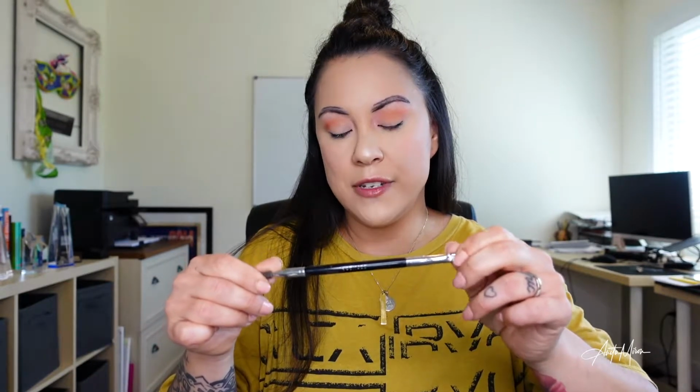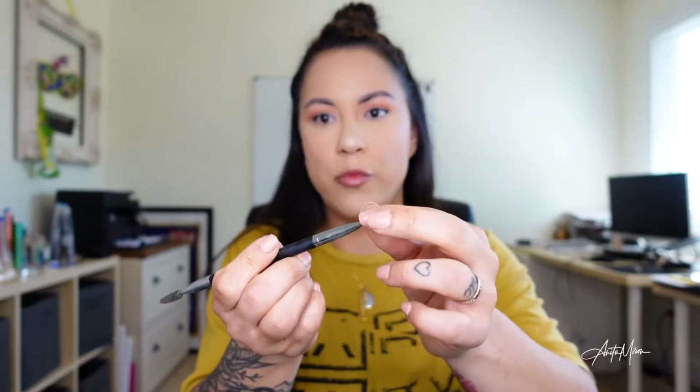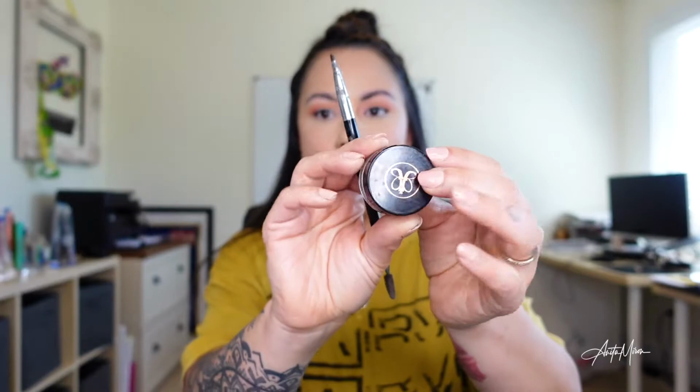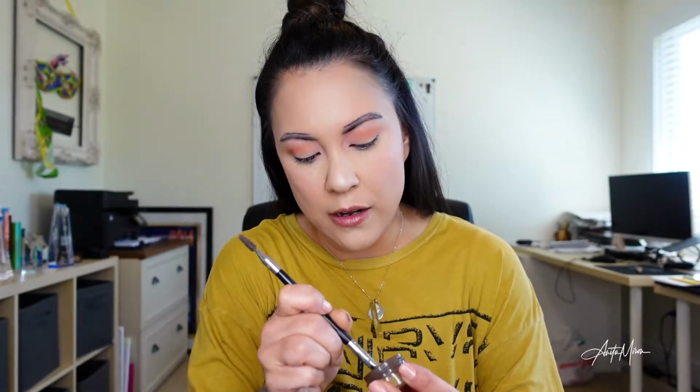Okay, next we're gonna fill them in. This is from Sephora. It's an eyebrow brush. I'm gonna wipe off a little bit of this chunk. So this is the Pro Brow Precision 20, and it's got a little brush on this side, and a little brush over here. Now I'm going to take my Anastasia Beverly Hills pomade, and this is the Dip Brow Pomade Dark Brown. Just grab some pomade